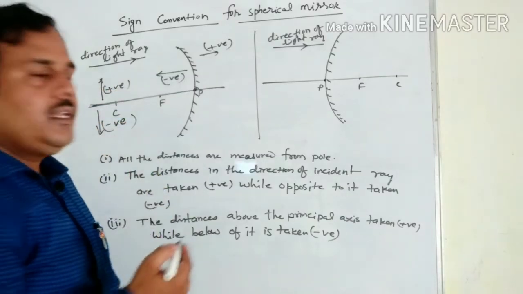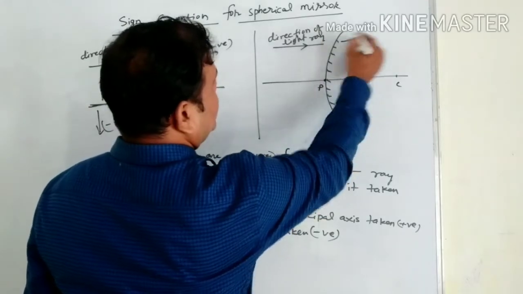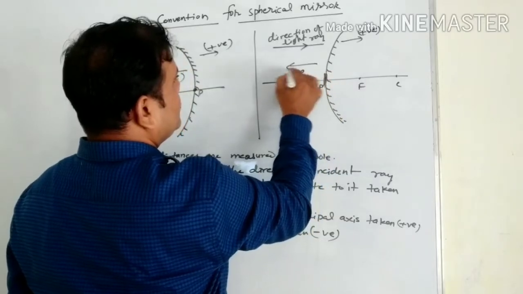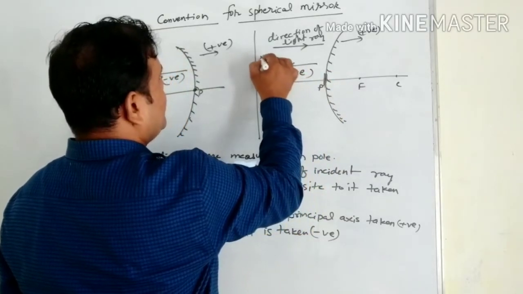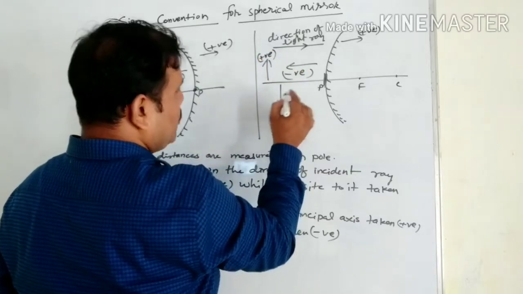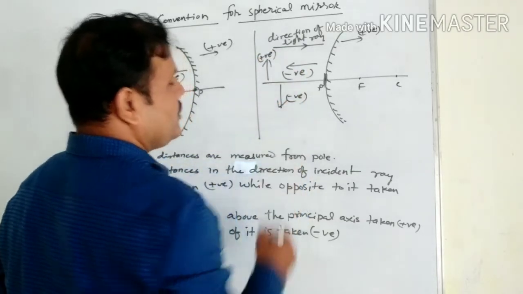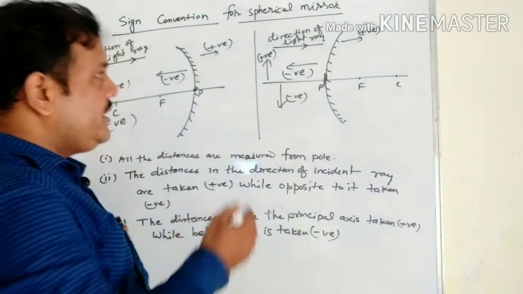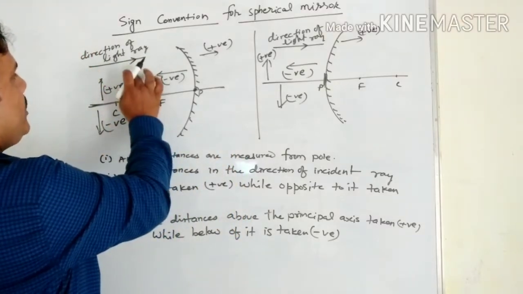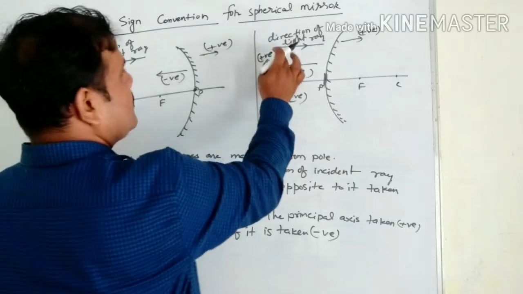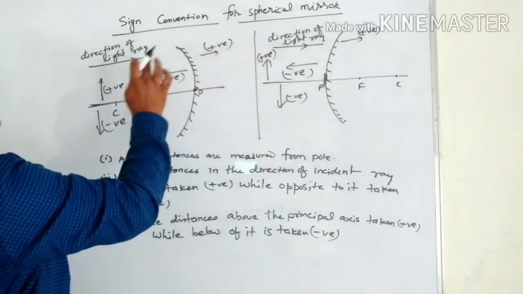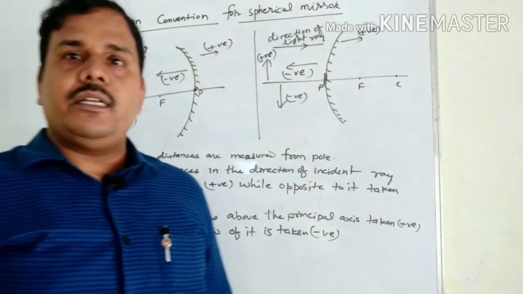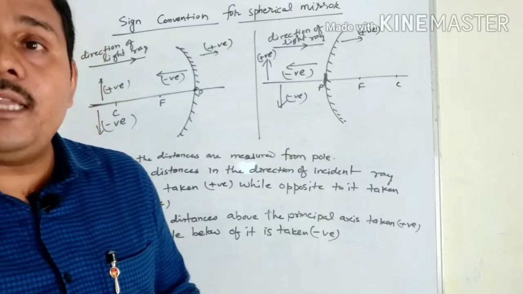So simple. In this one also, the same thing: if you are coming this side in that direction you take positive, and if you are coming opposite from the pole, that is negative. Above the principal axis you take positive; if you take the distance below, that means the height, that is negative. So simple. In lens also we will see the same thing, nothing is different. Above the principal axis positive, below negative, in both cases. And here, for all the distances, don't use left and right condition. Okay children, don't use left and right condition.